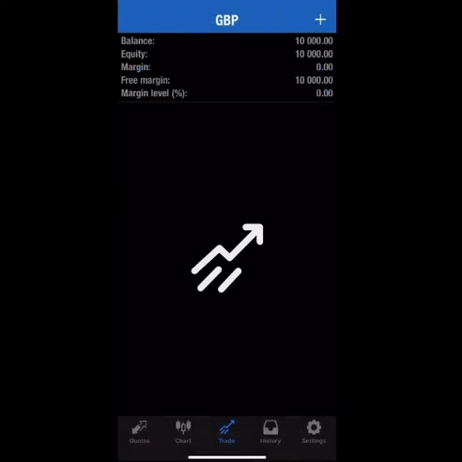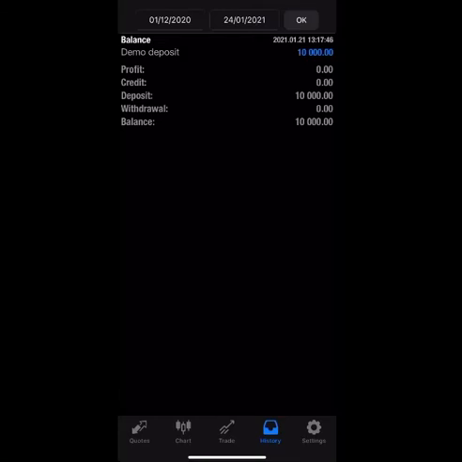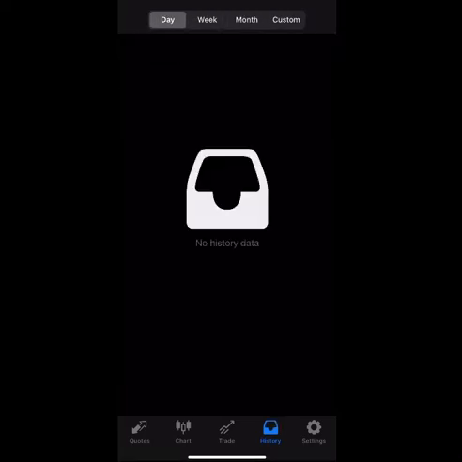The history button shows you all your historical trades per day, per week, per month, and any custom trades that you want to check up on. Again, in this case we're not seeing anything because I haven't actually traded on this MT4 yet, as it is a new install. But as you start trading, you'll see all the historical trades that you've placed on this screen